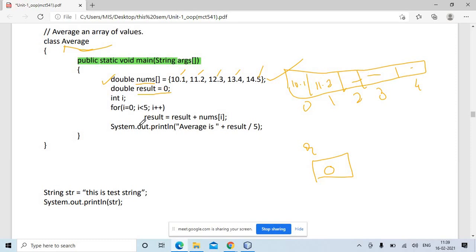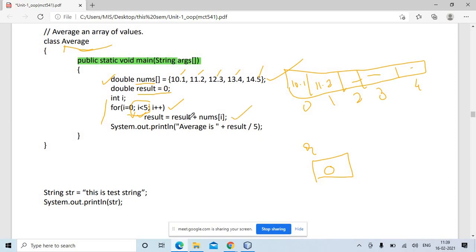So how it has been done, look here: for i is equal to 0, i less than 5, i plus plus, because I have to run the loop 5 times for 5 numbers, that's why the condition is i less than 5. result is equal to result plus nums of i.